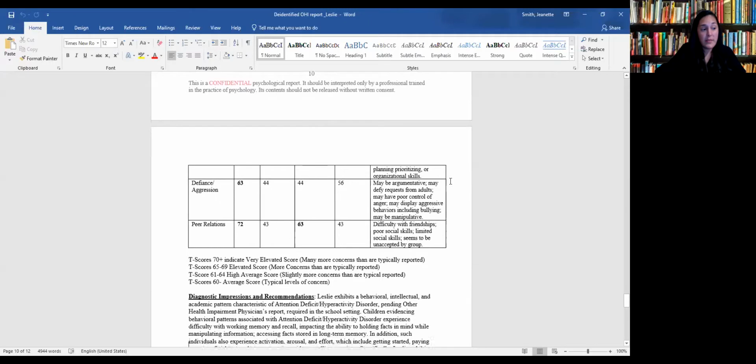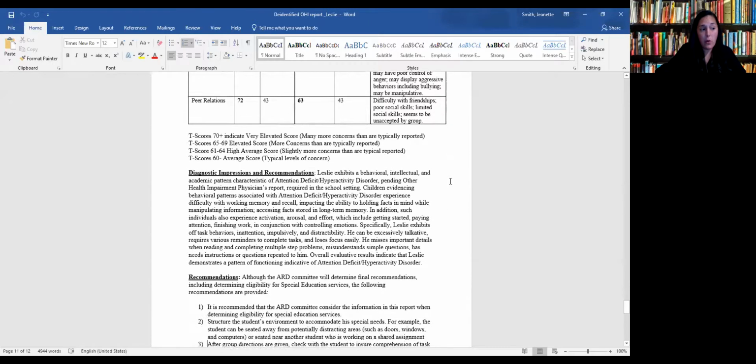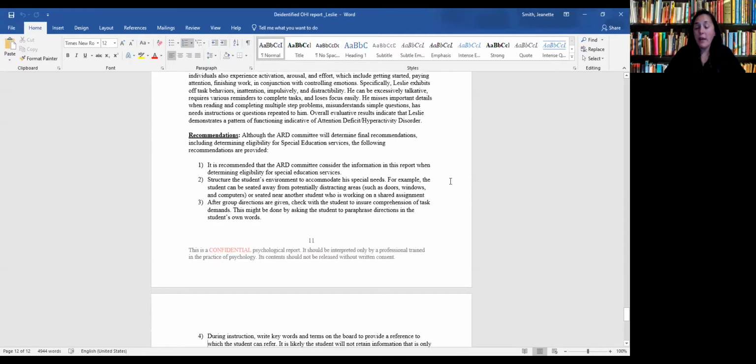So yes, this is what a standalone report looks like. I'm sure many of you are thinking, they never look like that when they reach my desk. Why is yours so different from everyone else's? Well, I'll tell you, because most individuals write them standalone and then they cut and paste into a system, a special ed software system. And so you'll probably more than likely see it in that format, not this format. I'm sorry, it doesn't always look that concise, but the elements are all the same.